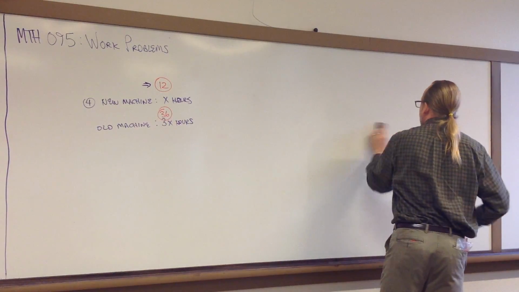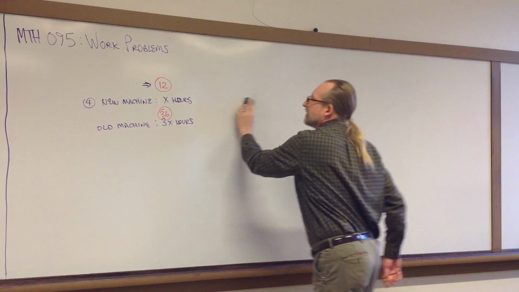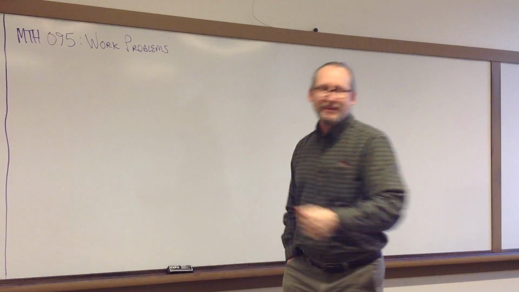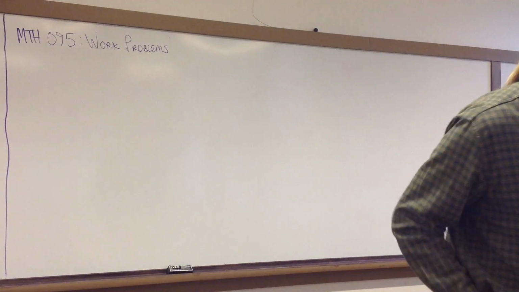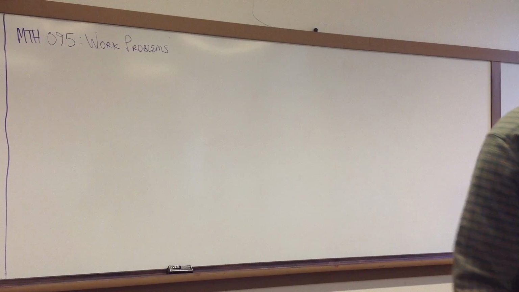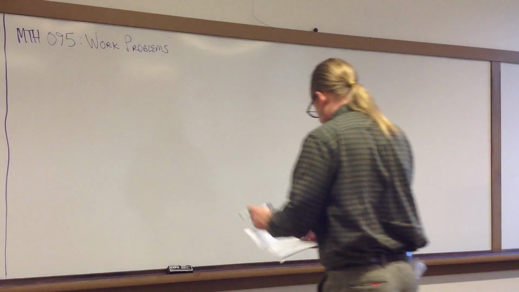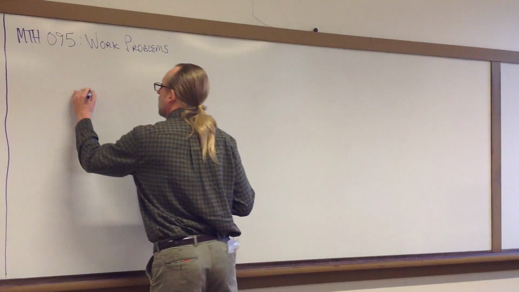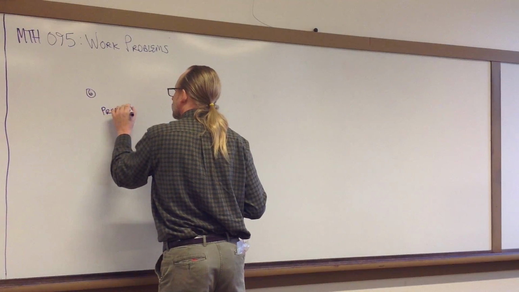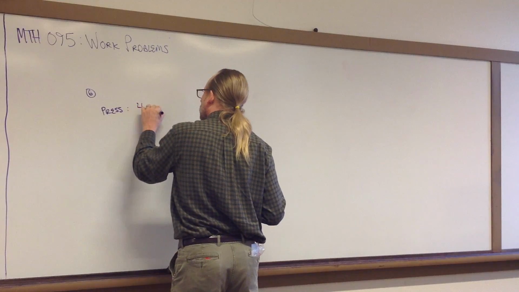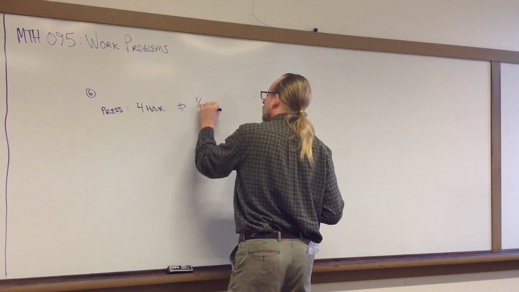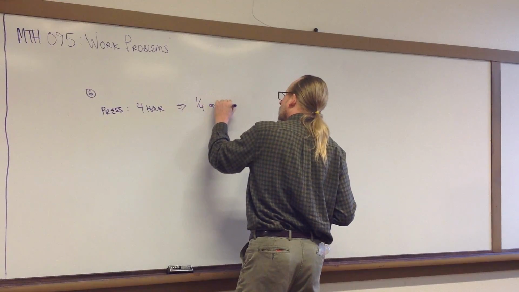More. And these work a little bit differently. They throw little wrinkles into these problems once we get the basic idea down here. So let's see, problem 6. A printing press can print an edition of the newspaper in 4 hours. Okay? So the printing press takes 4 hours to do the job. That means 1/4 of the job